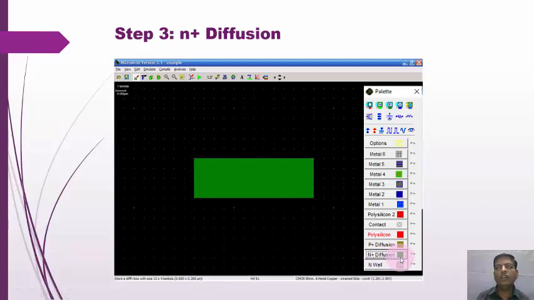We already know that N plus diffusion, and here we draw that particular N plus diffusion area that we have selected, which is 12 lambda.